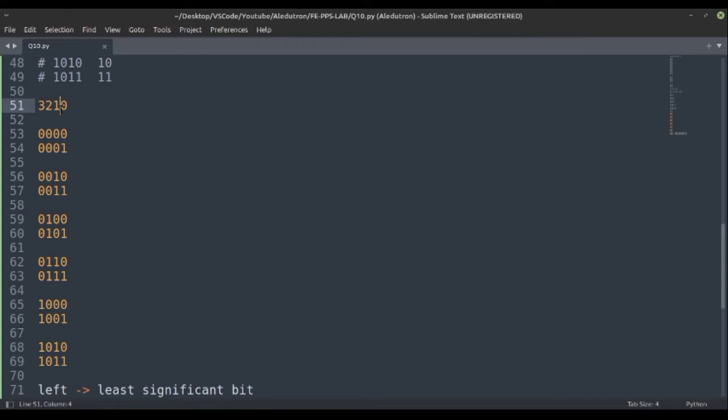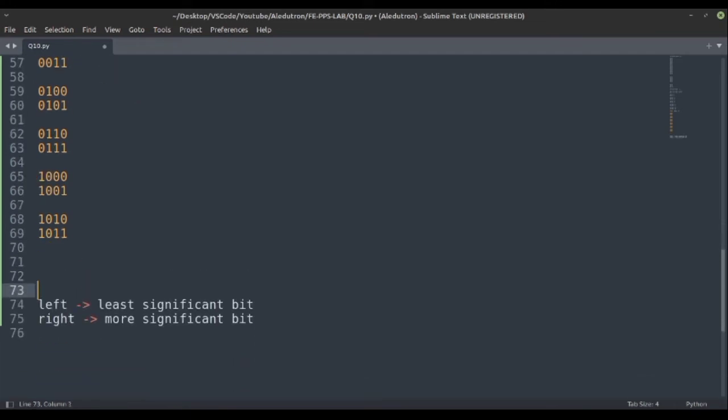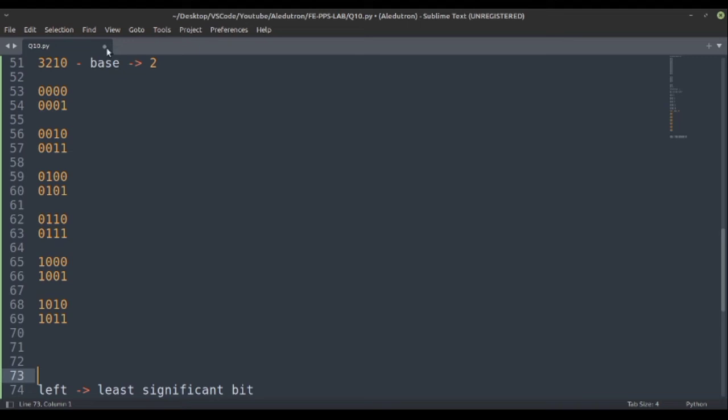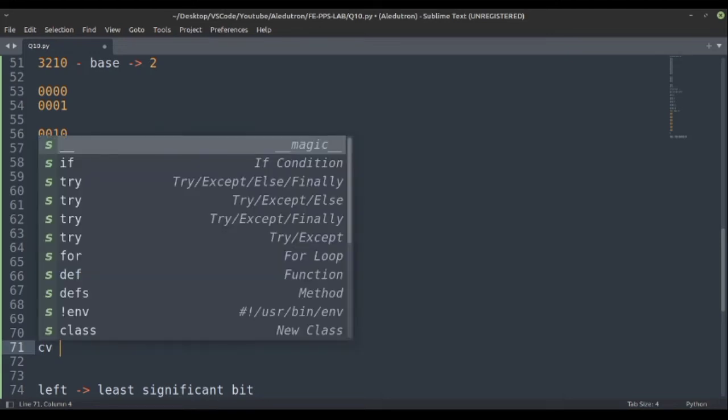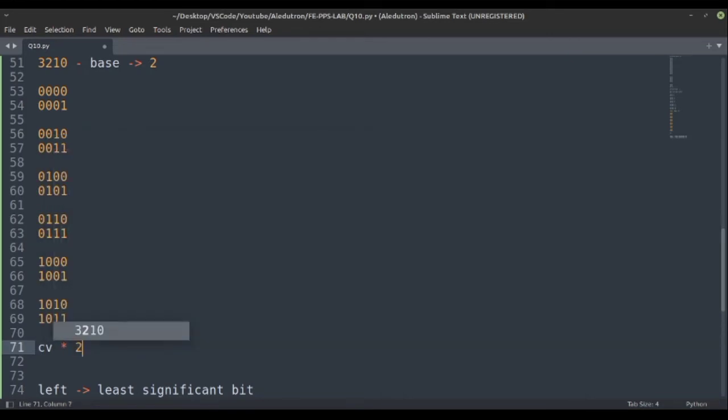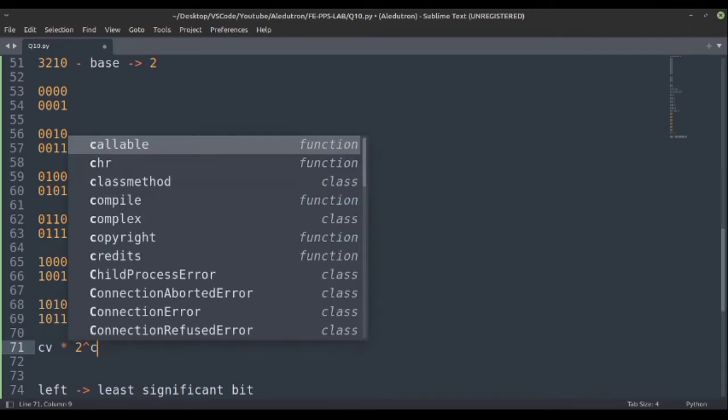So now we have numbered 0, 1, 2, 3 accordingly. As we know, binaries are base 2, so we have to take 2 as the base. So for each column, what we have to do is take the column value and multiply it with 2 raised to the power of the column number.